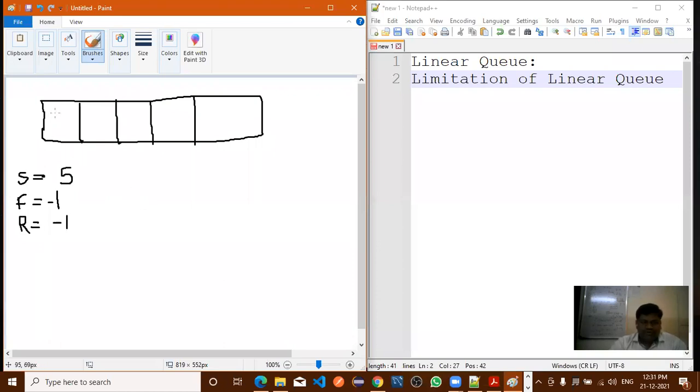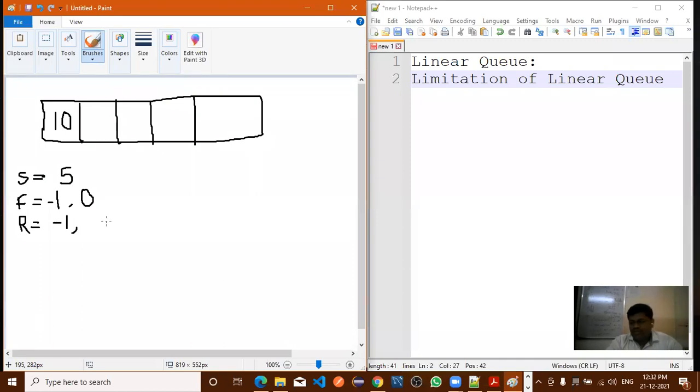Now suppose I want to insert the first element in the queue. The value of that element is 10. So here I have written it. Now what is the value of front here? It will remain -1 or it will change? 0. But you use front only for deletion, no? So how will it change here?